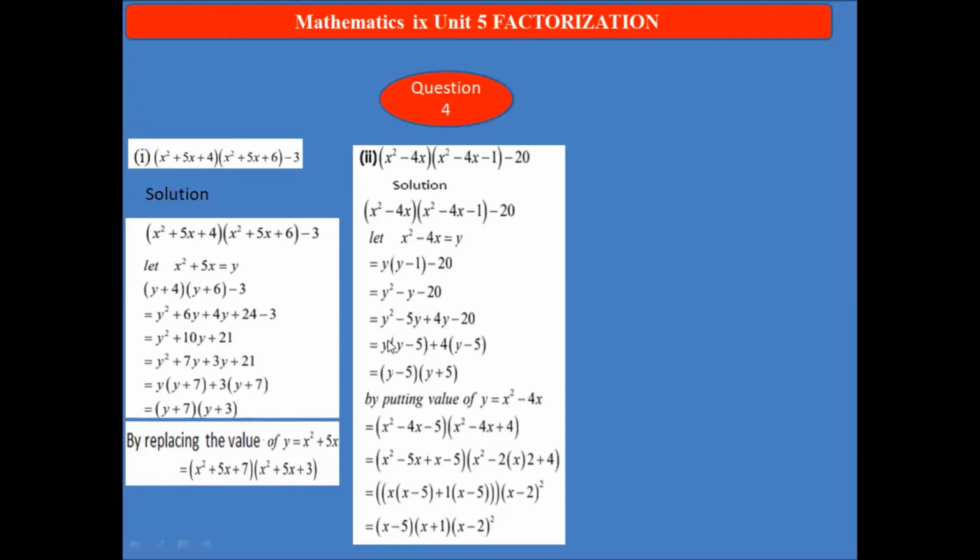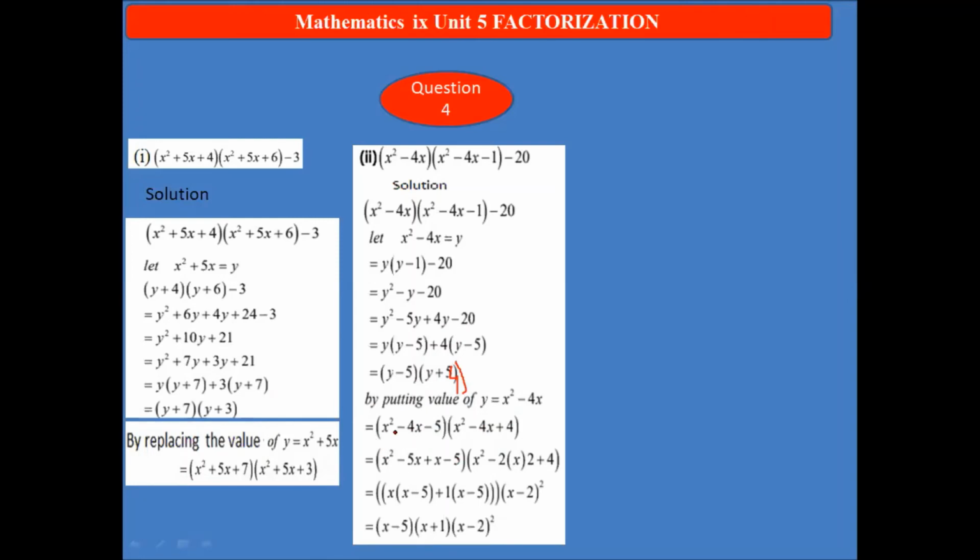From the first two terms, we can take y as common. So we are left with y minus 5. From the last two terms, we can take 4 as common. So we are left with y minus 5. So y minus 5, here is y minus 5. So this is common, and we are left with y plus 4. Here is a mistake. This is y plus 4. Putting the value of y equal to x square minus 4x, when we replace this, we get x square minus 4x minus 5 and x square minus 4x plus 4. Here is a typing mistake. You can see that here is plus 4.